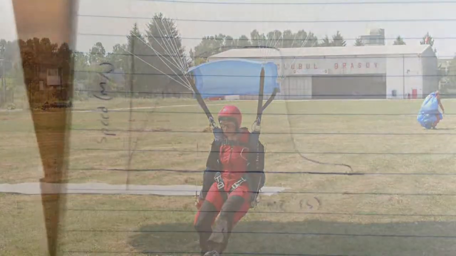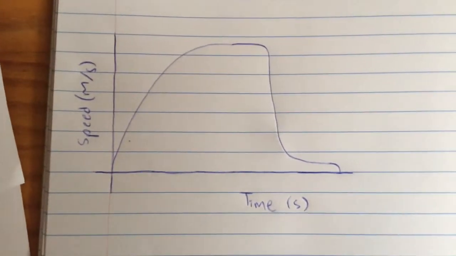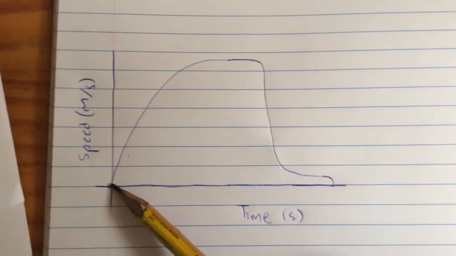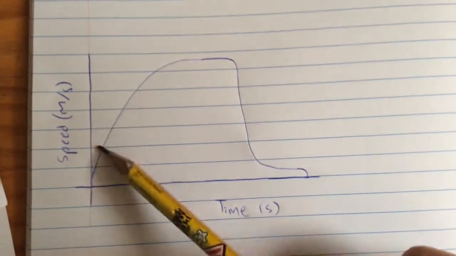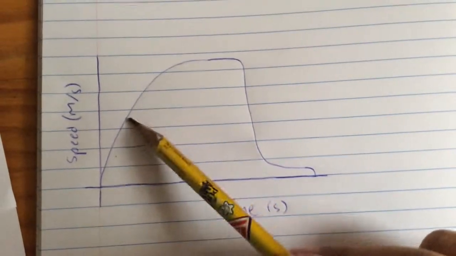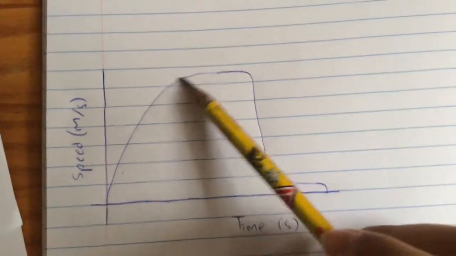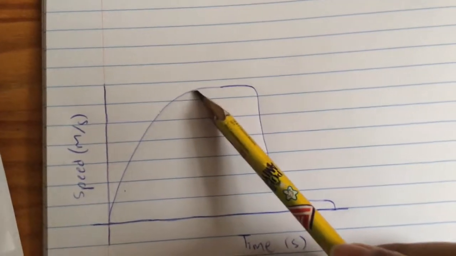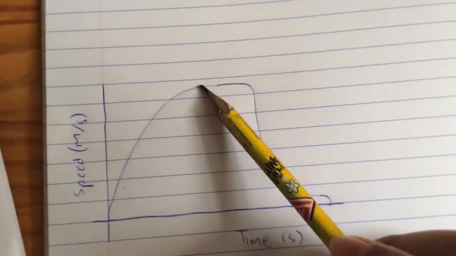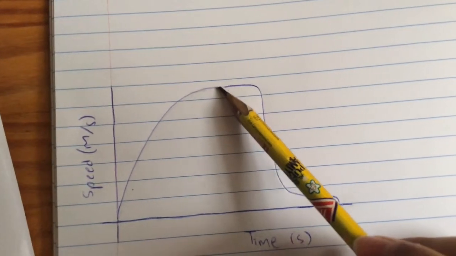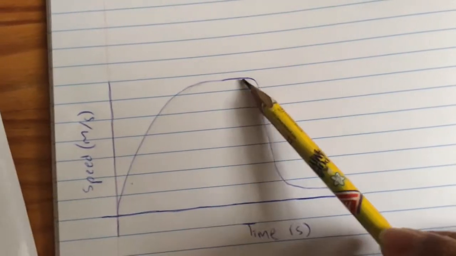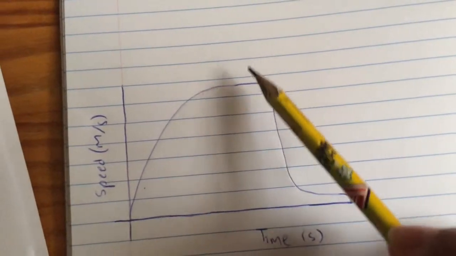the legs. The graph of this motion will look something like this, and this is where the person is dropped out of the plane, and he'll accelerate really quickly and reach this part here. The person's accelerating, he hasn't opened the parachute yet, and over here the person's reached the terminal velocity, so he can't move any faster anymore, and then over here he's dropping, and the speed is decelerating, and this is because